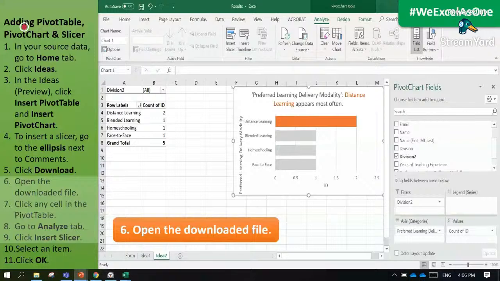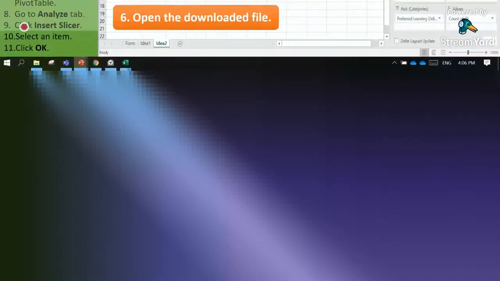The seventh step is to click any cell in the pivot table for us to make the pivot table activated. Why do we have to activate the pivot table by clicking a cell? Because the eighth step is to go to the Analyze tab, an additional tab at the top of the Excel screen.